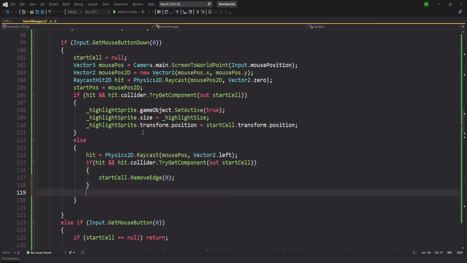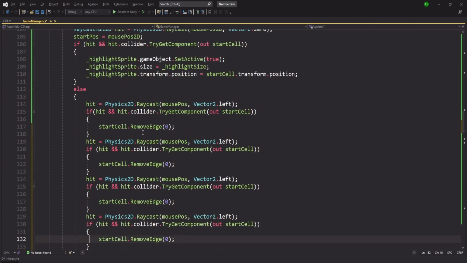And let's copy this multiple times. So we are going to remove edges in 4 of the directions. This one is for the left, and next we'll go down, so it is down, then the direction in which the edge should be removed is up. Then we will go right, so